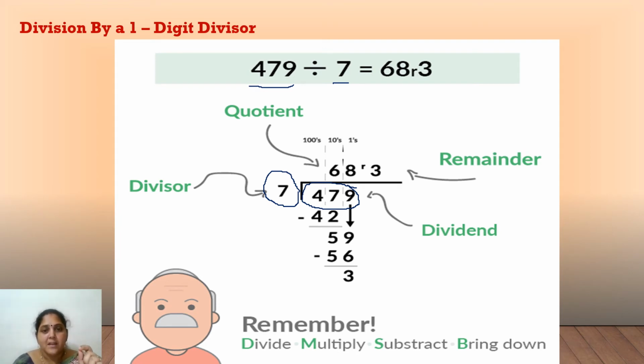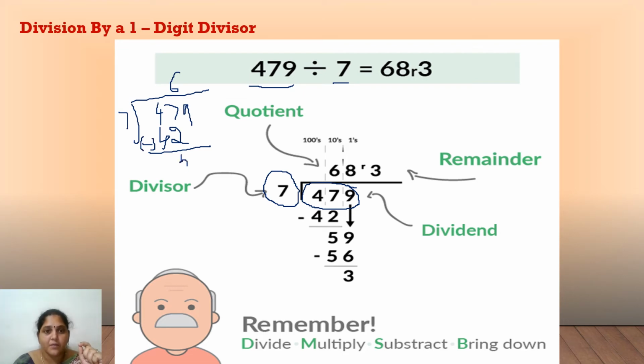Now, when 7 should divide 479, how are we going to do it? Observe here, 479 we have taken and we have to divide it by the 7 table. So, what is the nearest number for 47 in the 7 table? 7 6s are 42, right? Yes, 7 6s are 42. When you subtract 47 minus 42, what is the answer you are getting here?